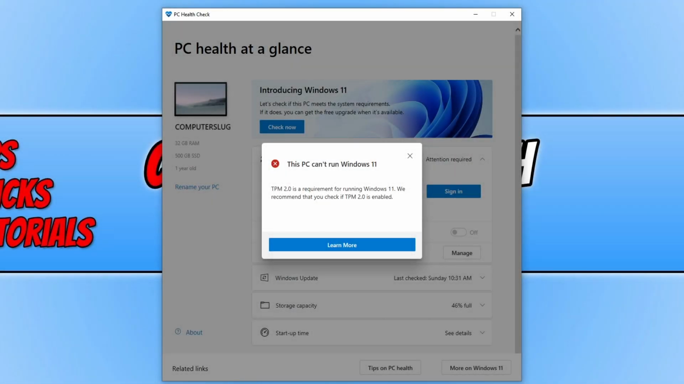In today's video, we will be taking a look at hopefully trying to resolve this error message that says TPM 2.0 is required for running Windows 11. We recommend that you check if TPM 2.0 is enabled. So if you're getting this error message pop up when you are checking to see if your computer is compatible with the new Windows 11, then don't panic, because you might be able to resolve it by changing one simple